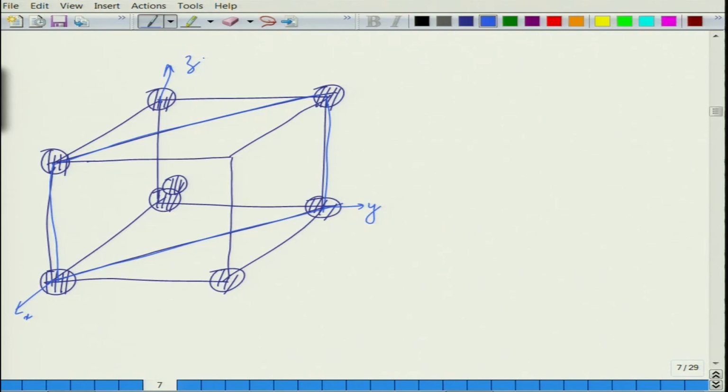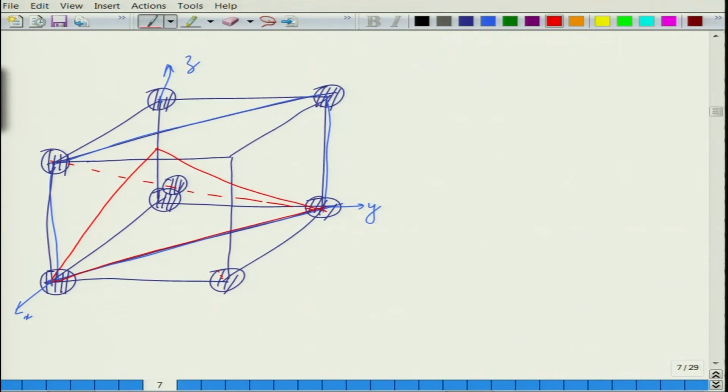If you want to make 112 kind of planes, then we have 1 1 2. So, the 112 plane would be this plane, and this plane contains this direction. So, you can say this is the direction. 112 goes through the central atom and there will be a direction which will cut through it. So, this will be the 112 plane.